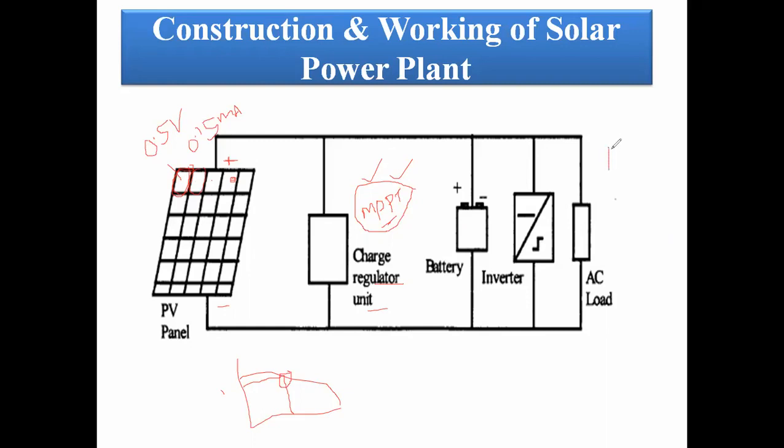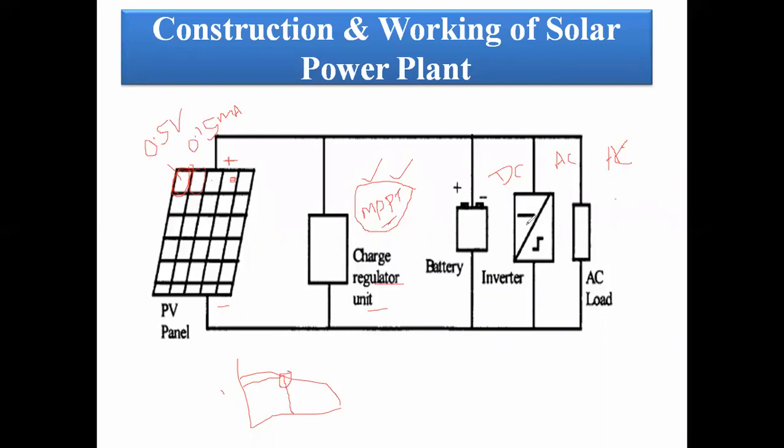Actually, for our home appliances we are using AC electricity. Up to a maximum of 95%, we utilize it as AC power, and this we can store in the battery. Again, it is converted into the form of AC. That DC we can convert into AC with the help of an inverter, which converts the DC current into AC. Further, we can utilize it for the load.